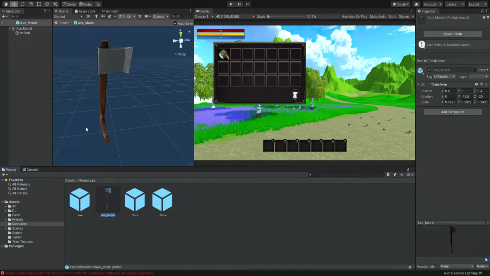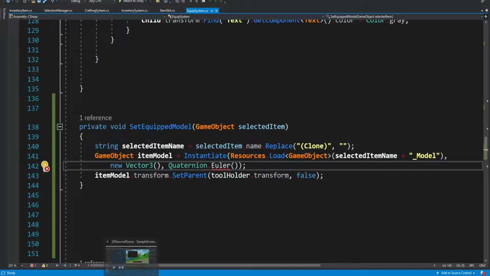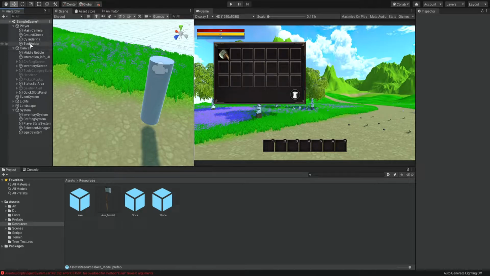So my 3D model has this scale and these positions, but these positions are not important because what is important is the positions that we're going to provide it over here. Because over here, it's going to take these positions and it's going to populate the positions of our axe. So it's going to bring it inside our scene and it's going to place it over here inside the tool holder.